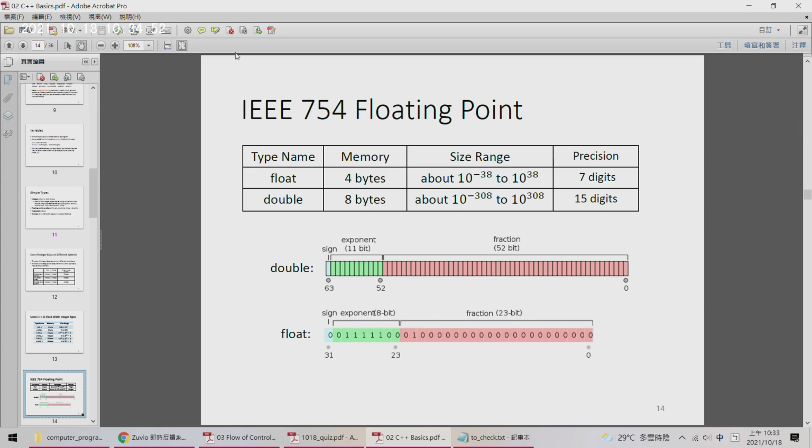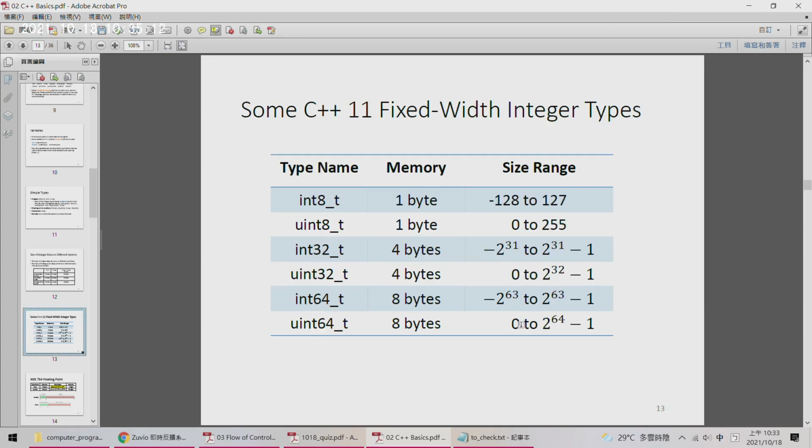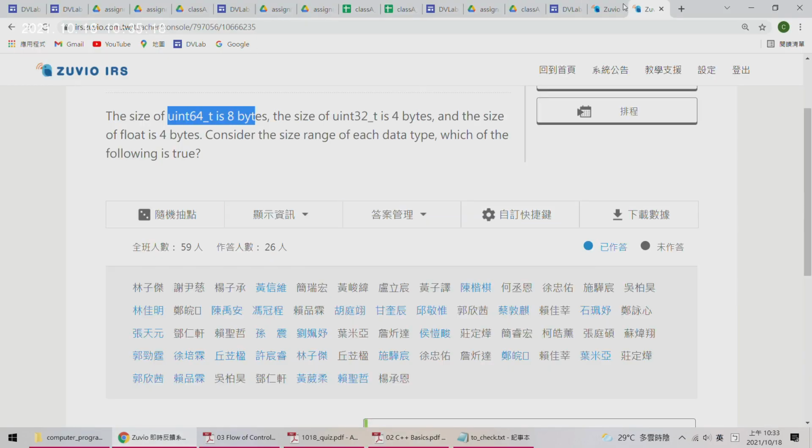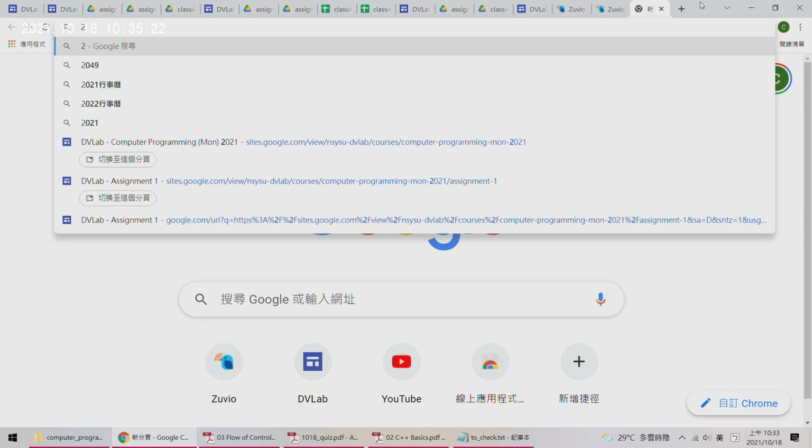The size range of float is 10 raised to power negative 38 to 10 raised to power 38, and this is larger than unsigned int 64. And you can, for example, compute this by,